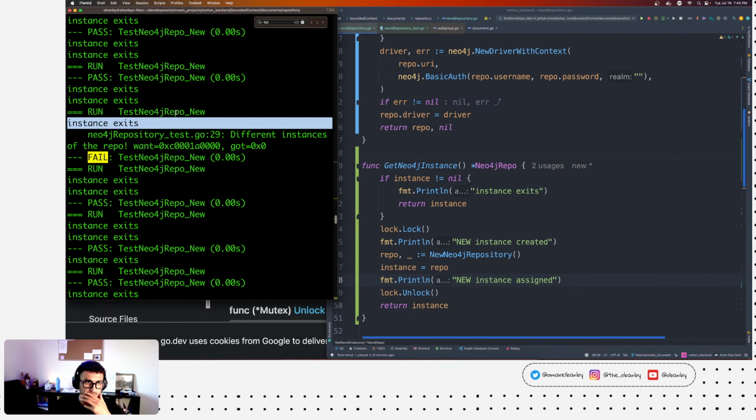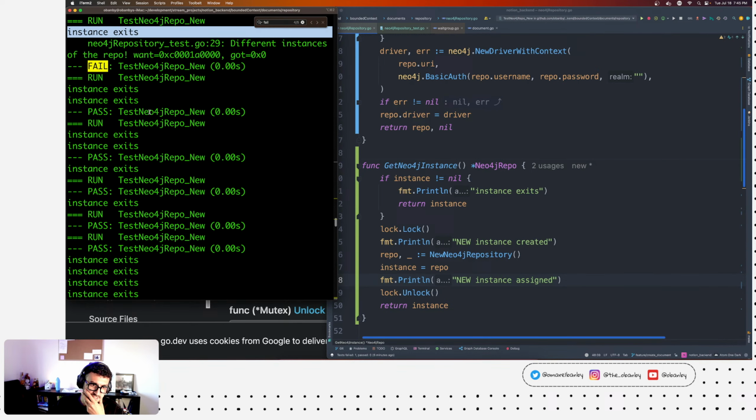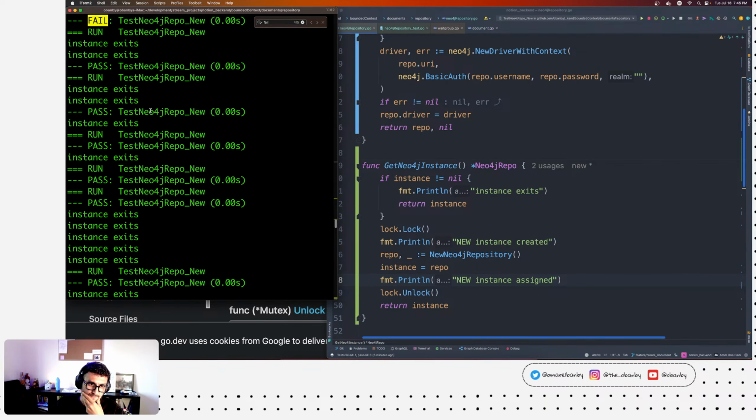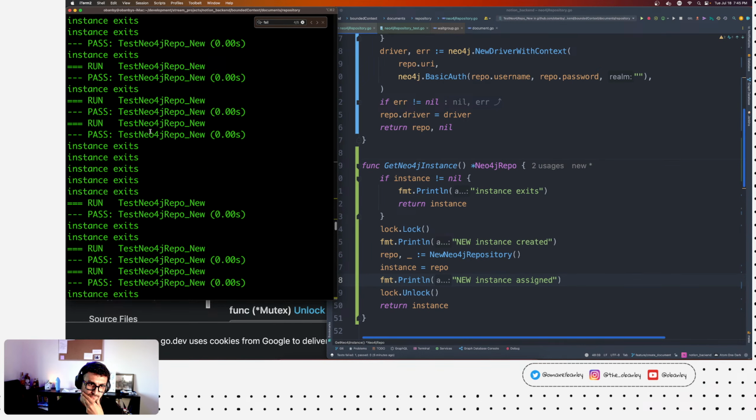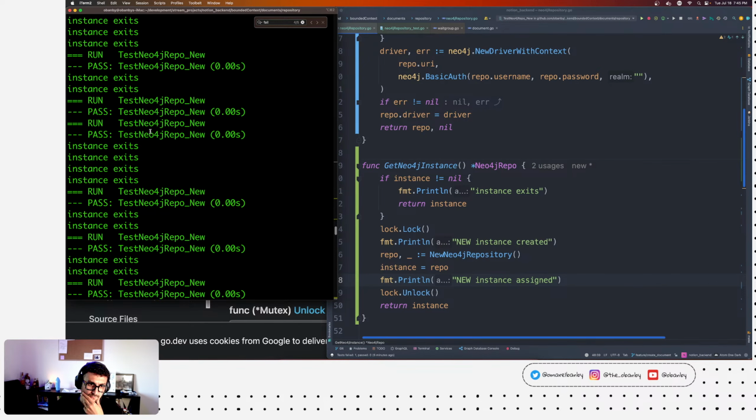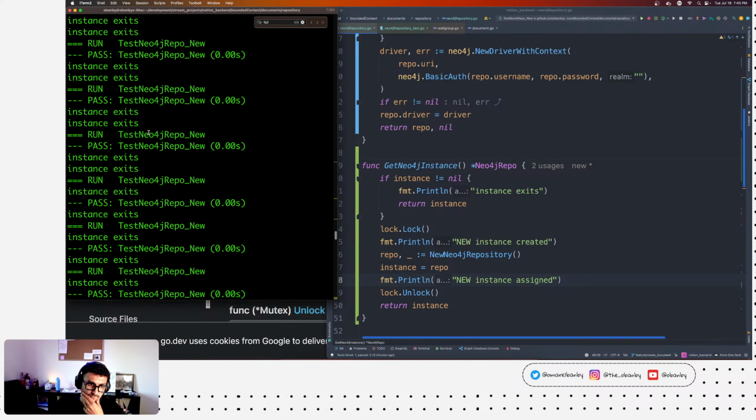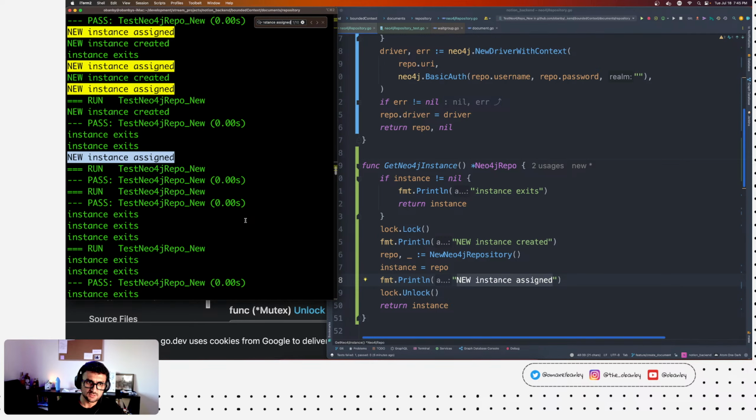That's interesting. You see how in every case it's like instance exists, or like, do we ever get to that point when you instance? Yeah, right. So you'll find created, assigned.